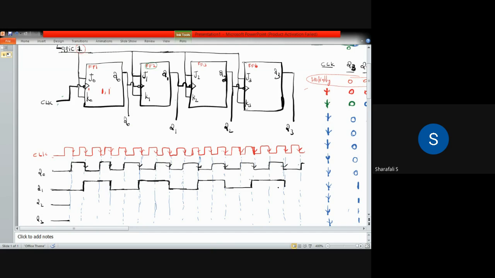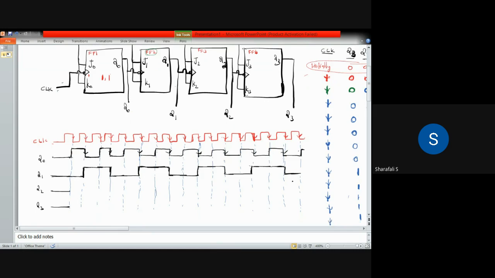For a state diagram, we represent with circles. Okay, so this is also representing the state. We can call this a pulse diagram. So we are having this kind of variation for Q1, and for Q2,